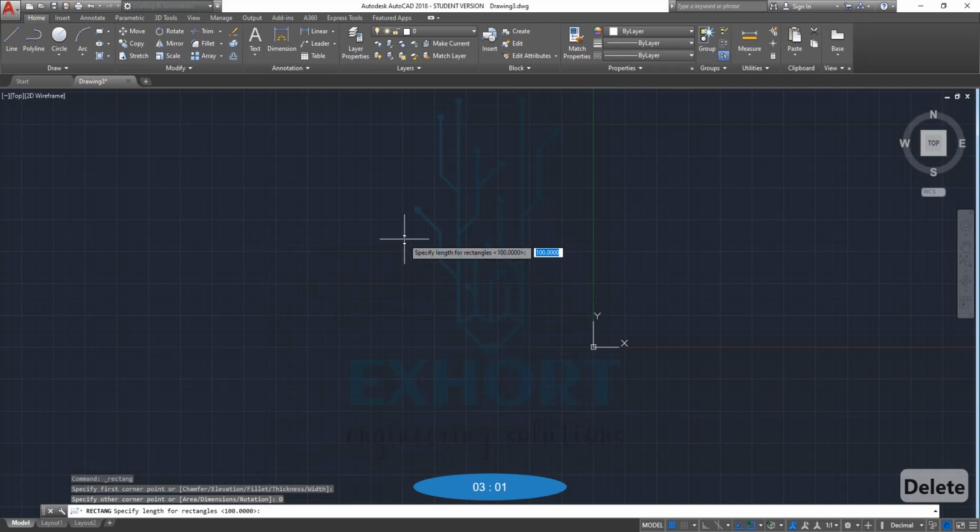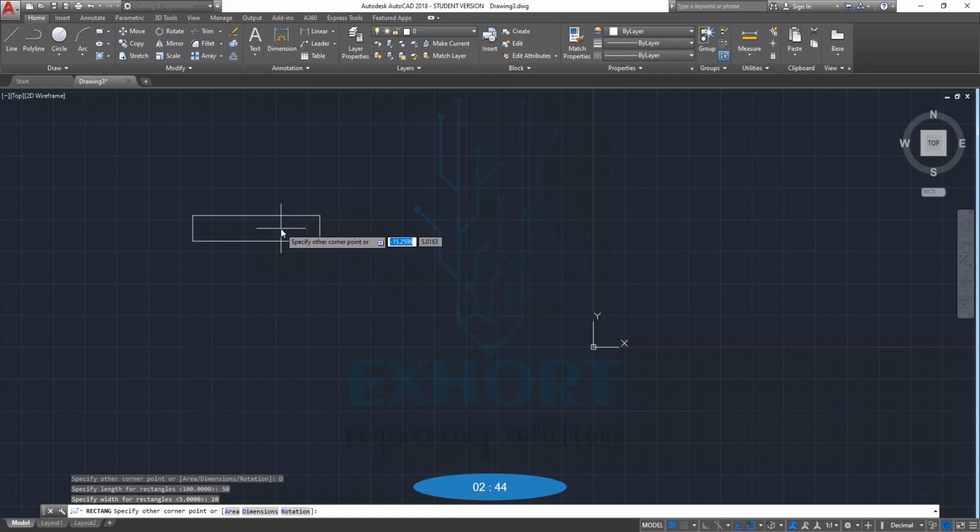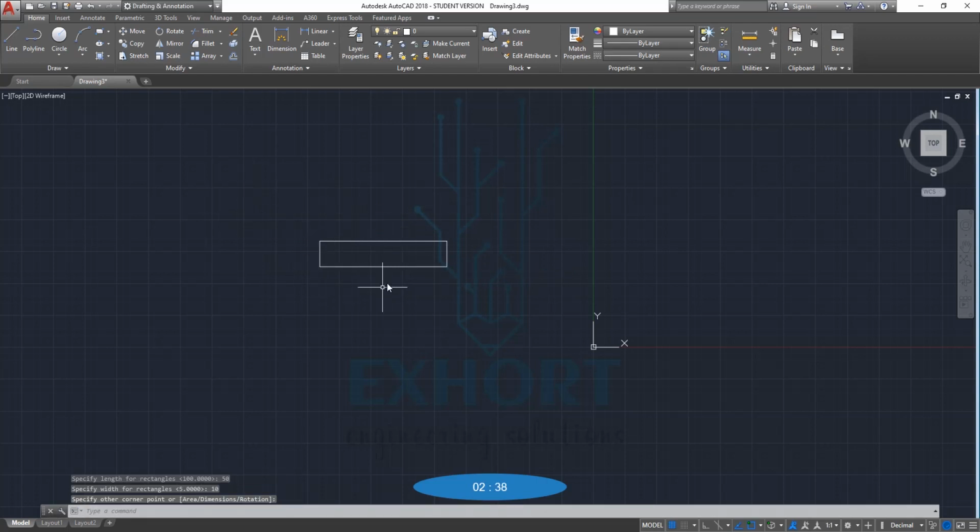By using the dimension command, you will simply give the length and width using your dimensions. Okay, I want a rectangle length of 50 mm and width of 10 mm. Now you will see, as we move our cursor, we can draw our rectangle in these 4 directions. Just give any direction you want to draw your rectangle and select it with the mouse, so our rectangle will be drawn here. Okay, likewise we will see how to use the rotation.